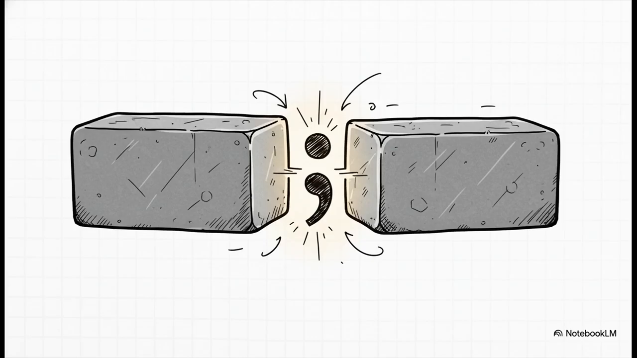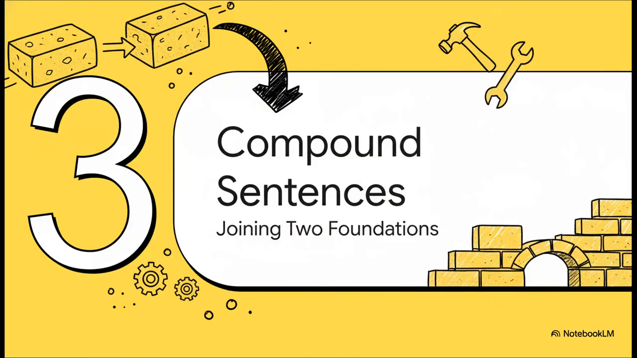But there's a catch. The two ideas have to be really, really closely related. It's a powerful and pretty elegant choice when you use it right. All right, we've got our materials, we've got our tools. Let's actually start building. First up, we're going to construct what's called a compound sentence by joining two strong foundations